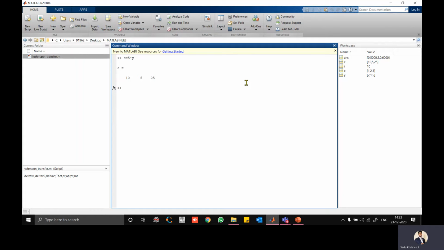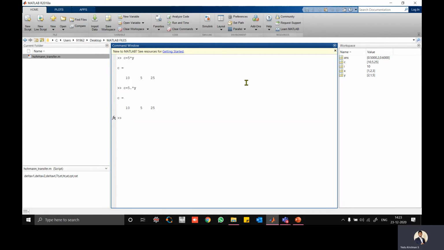So you don't have to put a dot there, because it's understood that the 5 has to be multiplied with each number. But if you are multiplying an array with an array, you need that dot star. What happens if you put the dot? That also gives you the same answer, but there is no effect because it's already multiplying term by term. 5 into 2, 5 into 1, and 5 into 5.